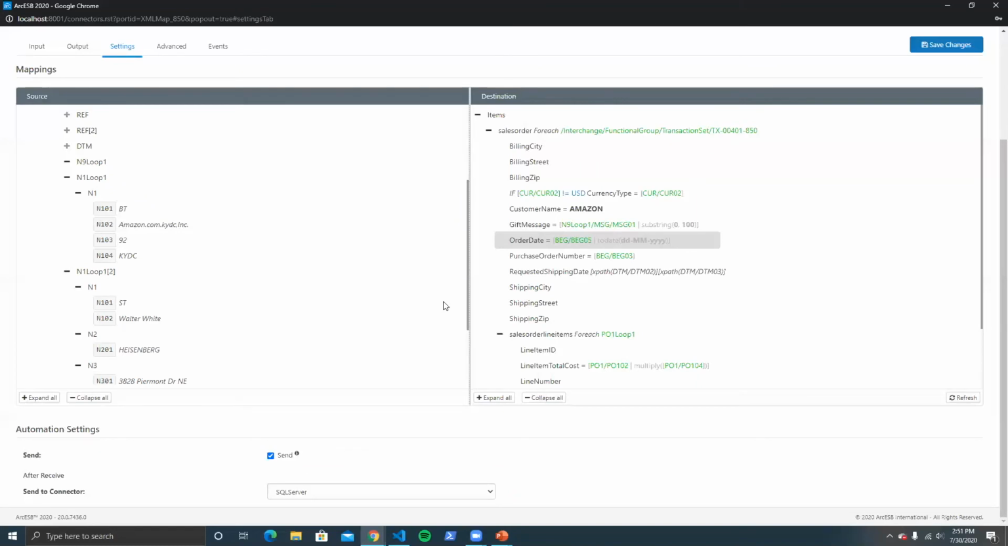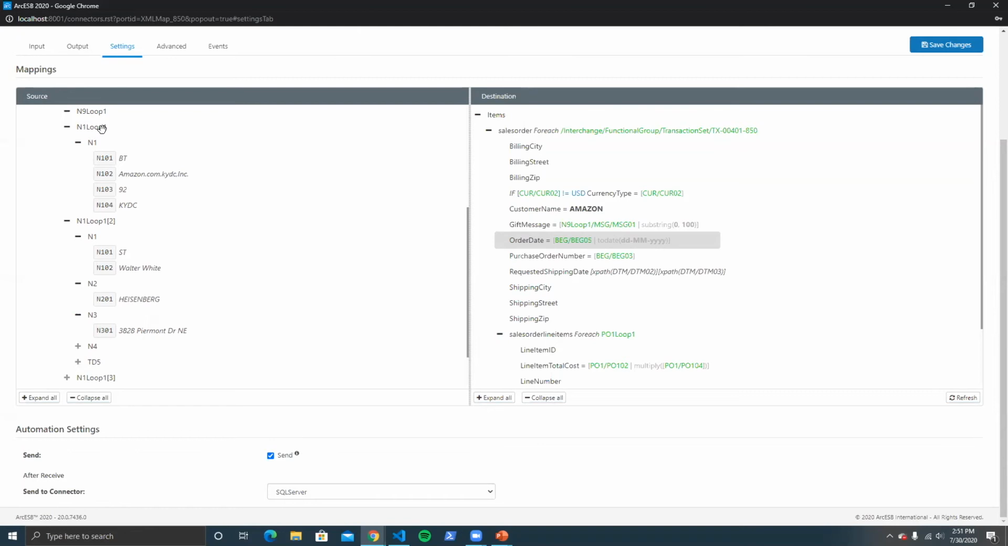So the question is, how do I know which N1 loop to map this specific shipping street from? And this introduces the idea of a look-ahead. How do we know which N1 loop is the shipping party? The answer is this N101 element. It has an ST, a code for ship to, if this is describing the ship to party. So I want to look ahead. I want to look into my N1 loops to see if N101 is ST. And if it is, I know I'm dealing with the correct N1 loop,